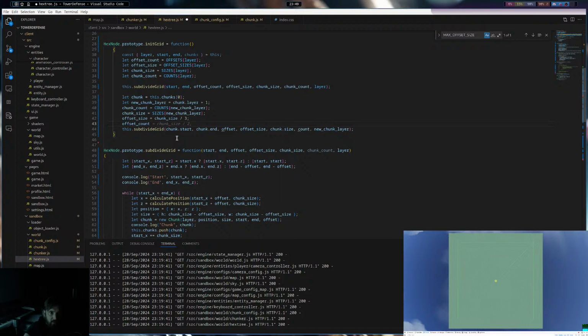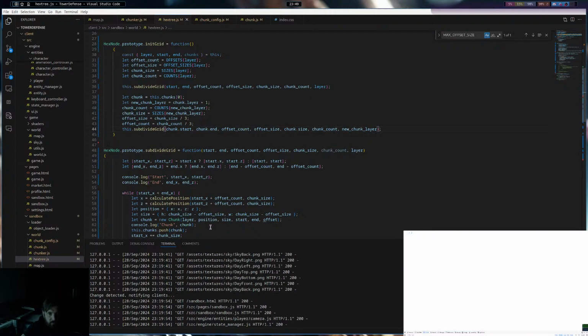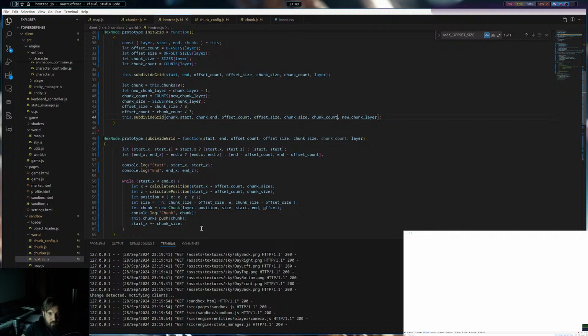Offset count equals chunk count divided by 3. We will use the chunk count momentarily. Oh, actually, it's supposed to be here.